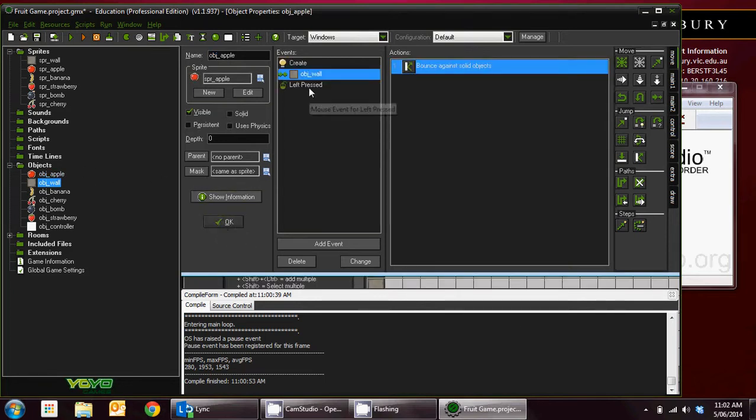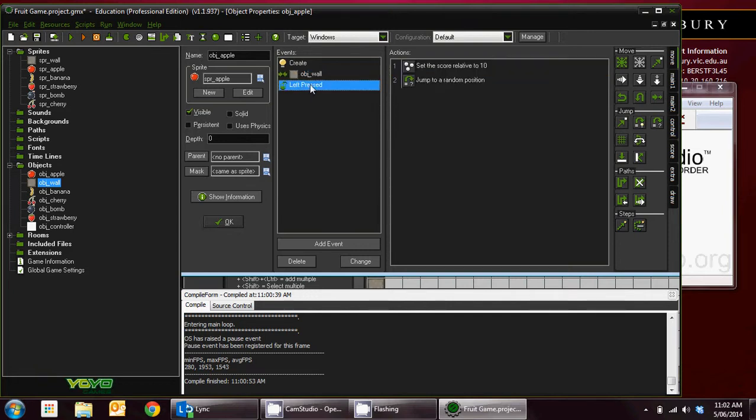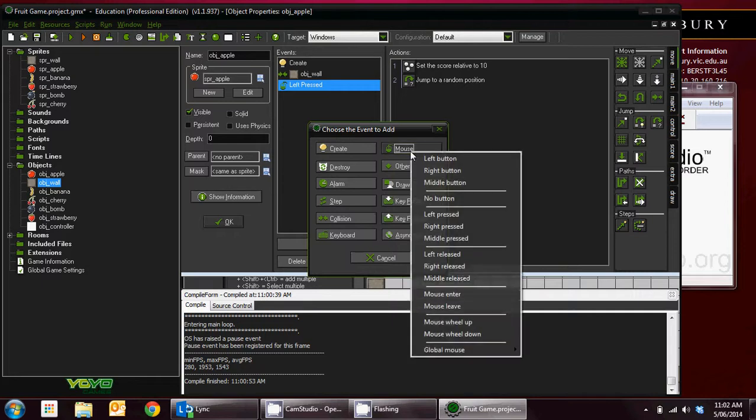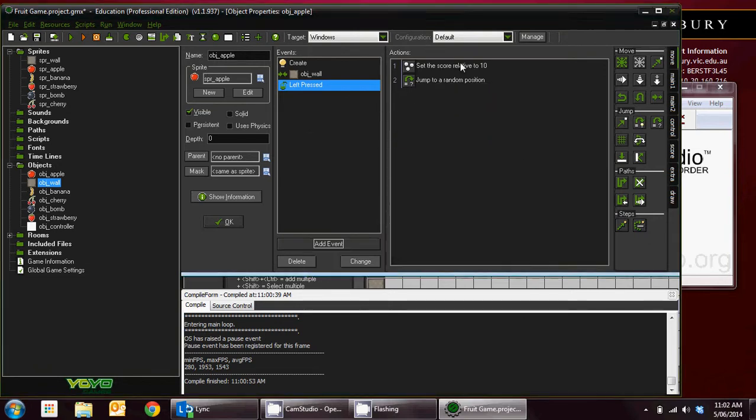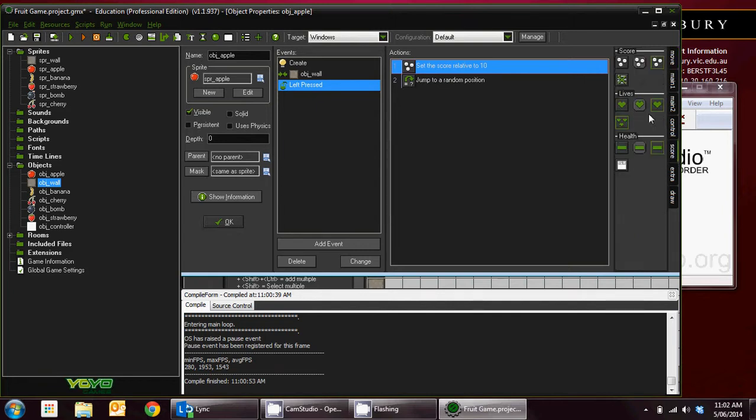So, lastly, we said left pressed. So it's the mouse button. Add event, mouse, and then left pressed. So when we press that, so that means when we click on the apple, we want to set the score relative to 10. So we go to the score tab, and that's this button here. Set the score